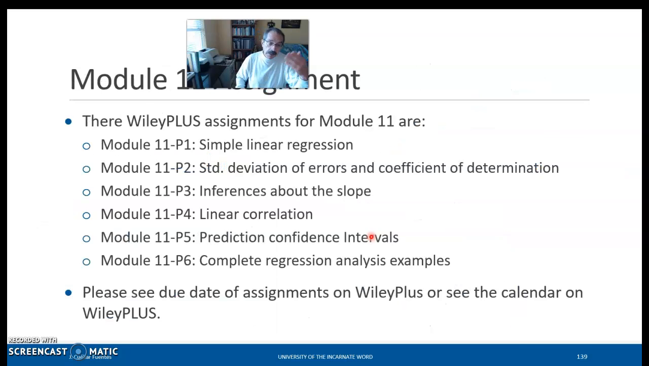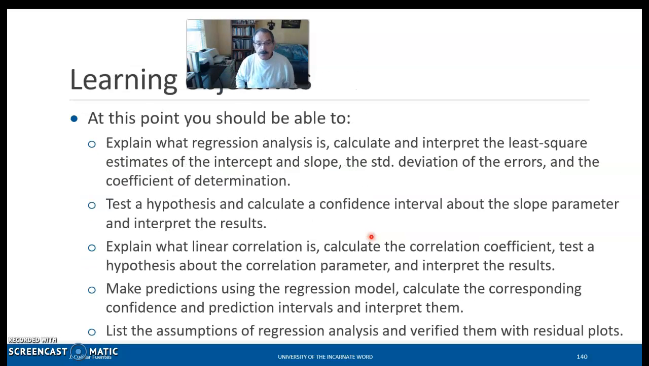And so again, there are these assignments, and look at Wiley plots to see when they are due. And so at this point, you should be able to explain what regression analysis is. You should be able to calculate and interpret the least square estimates of the intercept and the slope, the standard deviation of the errors, and the coefficient of determination. You should be able to perform a test of hypothesis for the slope parameter and calculate the confidence interval and